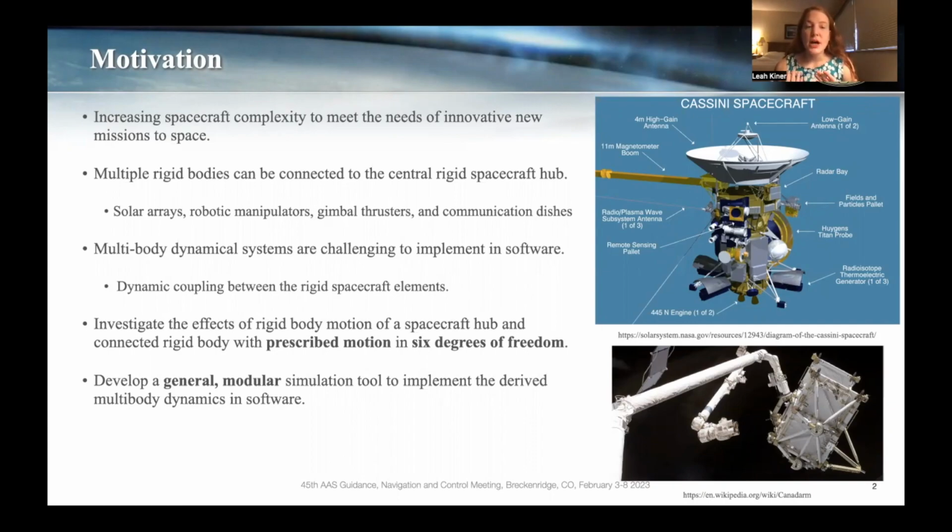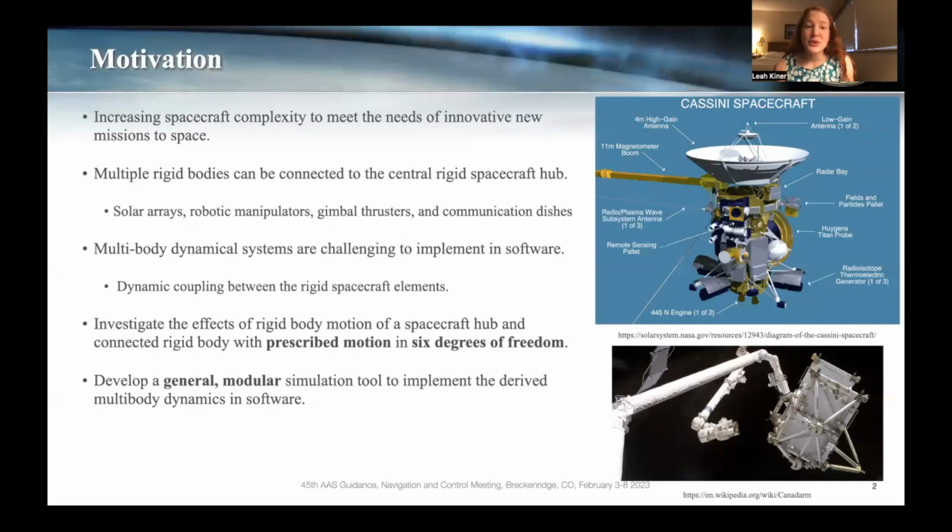The dynamics of these bodies are inherently coupled, and they're challenging to implement in software because the motion of all of these rigid bodies impacts the motion of all of the other bodies in the